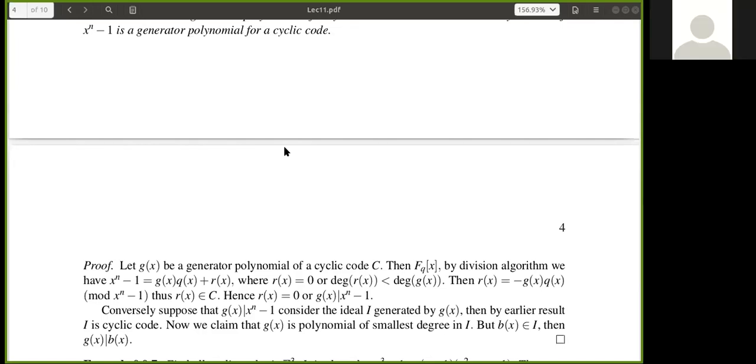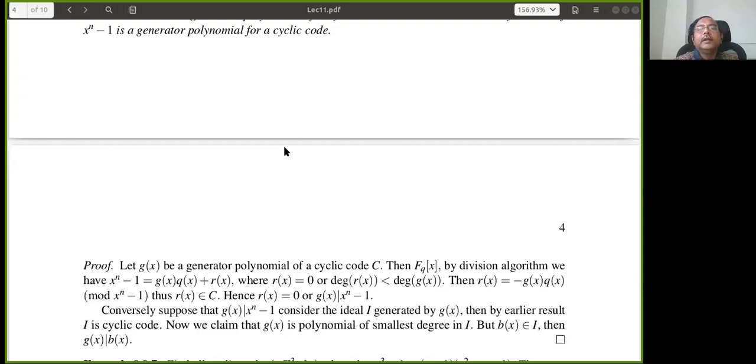Yes. So we took the code A0, A1 up to A(n minus 1). That is a codeword. From that codeword, we generated the polynomial. Yeah, each codeword is associated with a polynomial. From that we saw it in the form of Fq[x] divided by x raised to n minus 1. Very good. We did that because we need degree at most n minus 1, so that it becomes a finite field. And we did some results about ideals also, why it is an ideal.